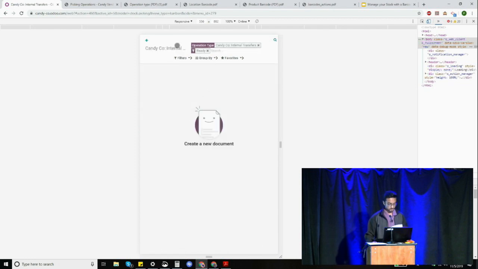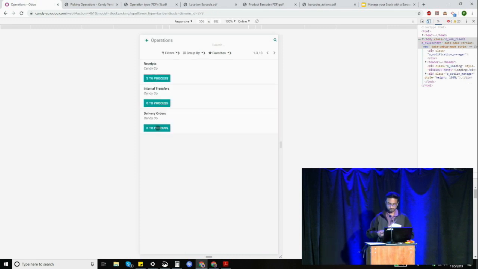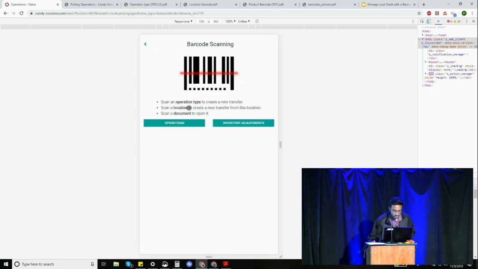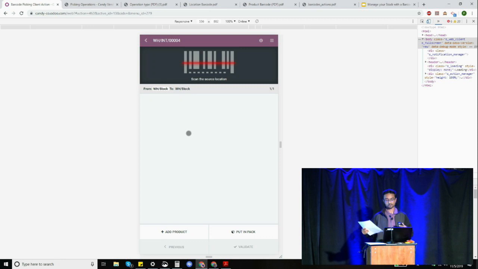And I'm going to select, one second, right there. I'm not sure why it's not popping up. One second. There we go. Okay, so first what I need to do is scan the location that I'm